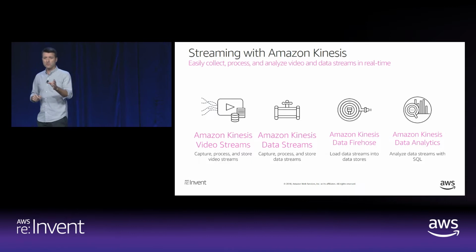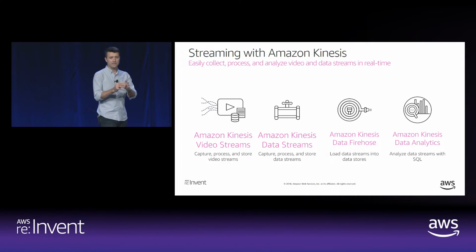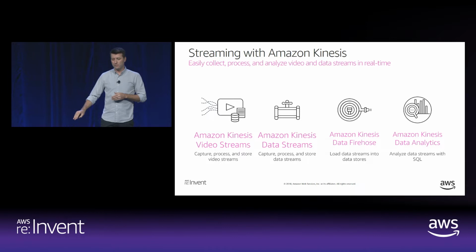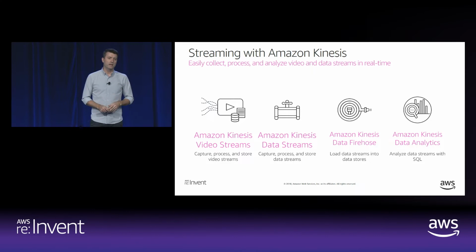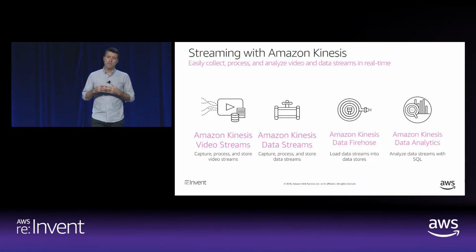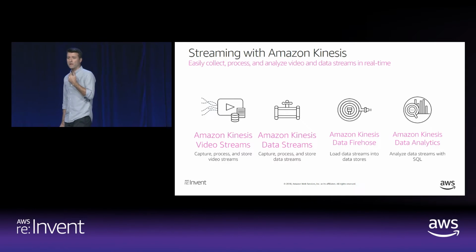Now, with Kinesis Streams, you're also writing your own code to take the data off of the stream. And that contrasts a little bit with Firehose. Firehose, yes, the front end, how you get the data into the Firehose is very similar. It's going to be an agent, perhaps, that's running on your local host that's taking log files and streaming the logs into Firehose, or you're using the SDK to write messages directly into Firehose. But the biggest difference is Firehose has a managed consumer to take the data off of the streams and put it into one of 4 different destinations. You can put it into S3, put it into Splunk, put it into Redshift, or put it into Amazon Elasticsearch service.